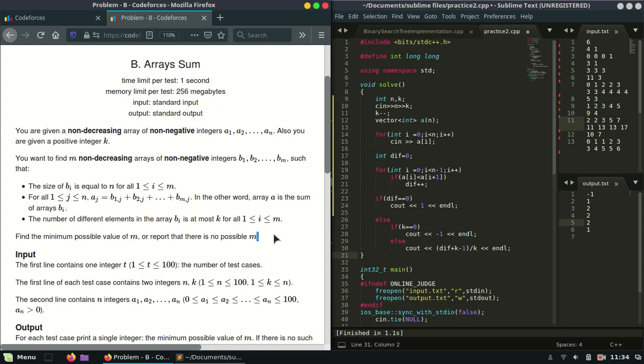So what we need to do in this question is, we are given an array a of length n, and we need to find an integer m.